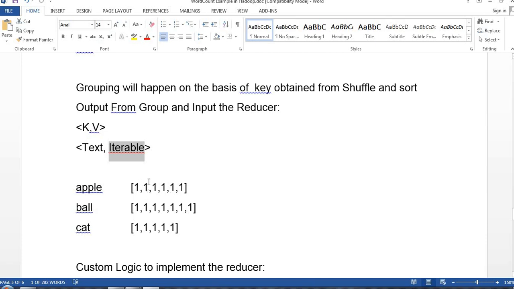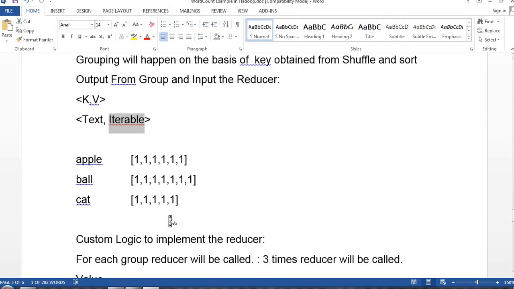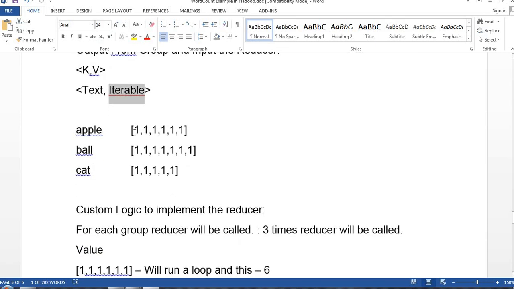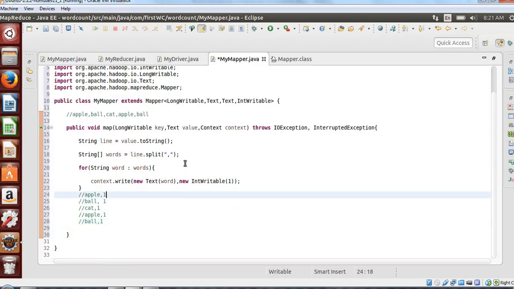That's it. It's just the way it stores the elements inside it. We'll use this Iterable and fetch the elements one by one into our reducer in order to add them. Once we add them, we'll get to know how many apple, how many ball, how many cat there are. So our next work is to implement the reducer.